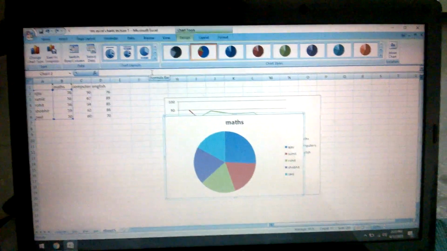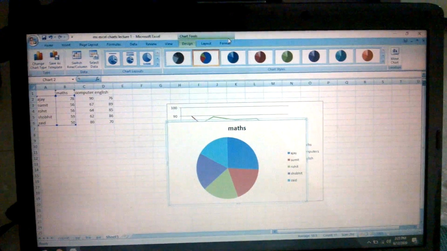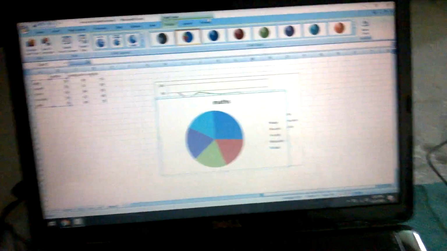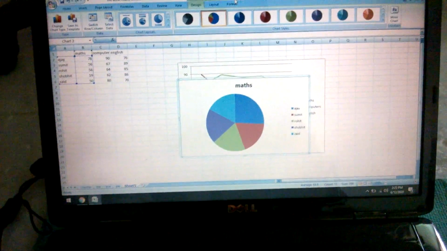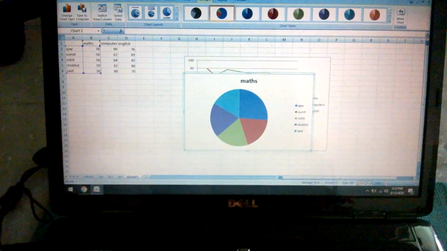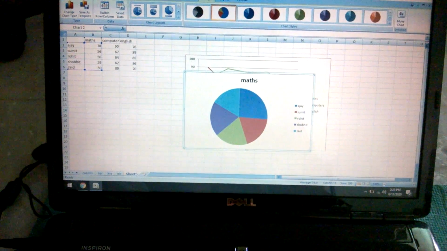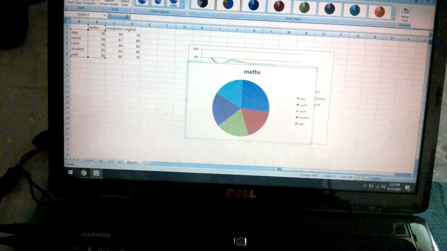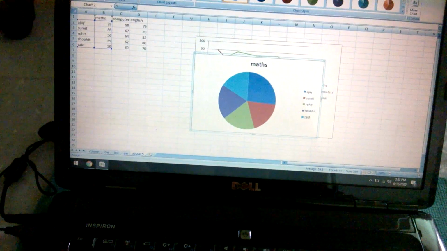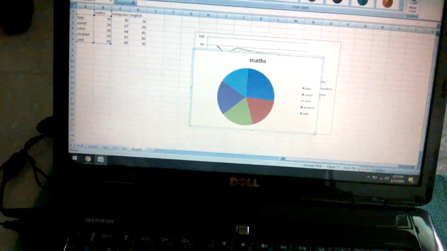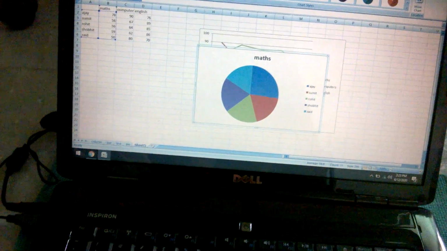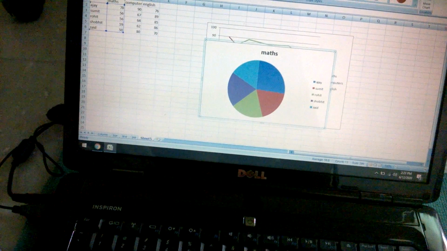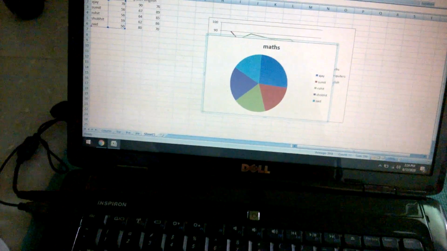I've taken the same example for pie, but pie chart is mainly used to represent ratios or proportions. The share of gases example which I explained earlier is one of the best examples. Other examples could be the contribution of 5 friends for a gift. So that can be an example.